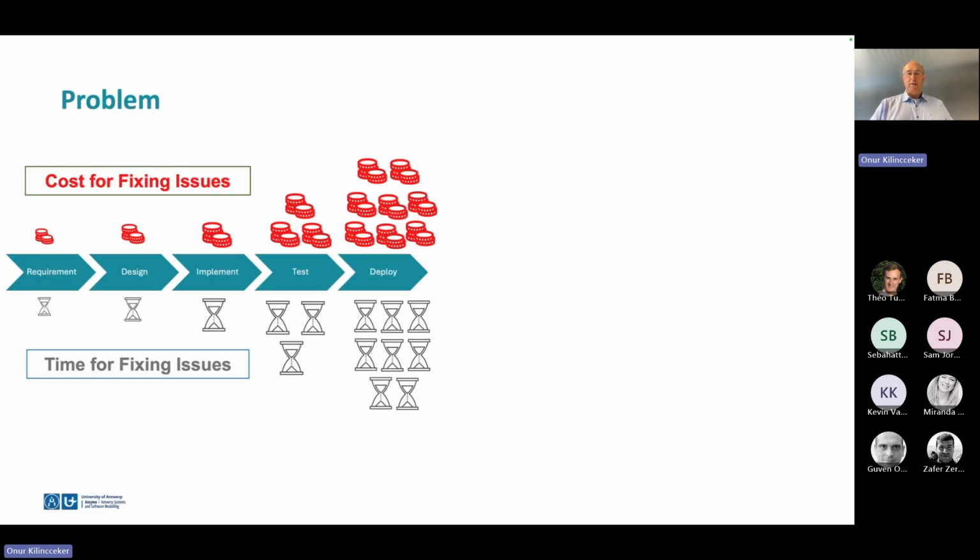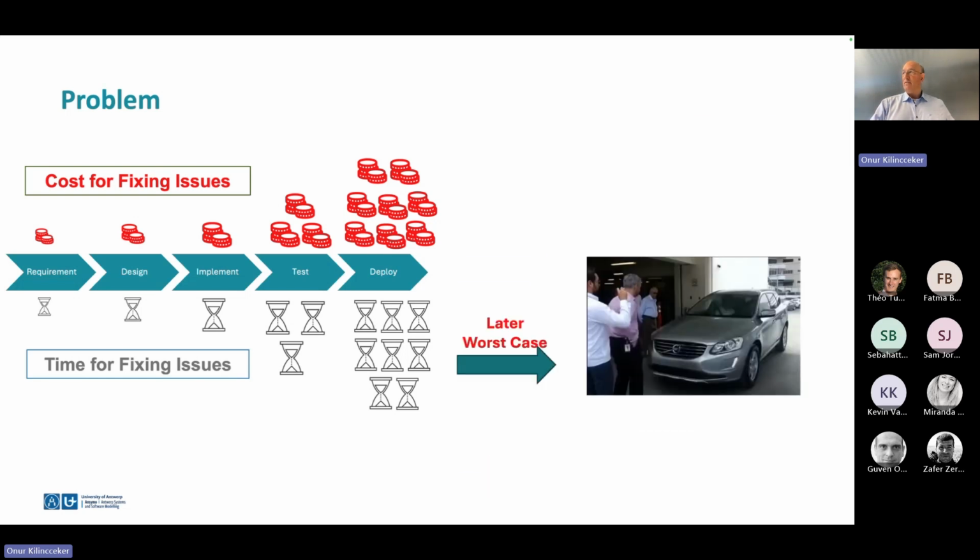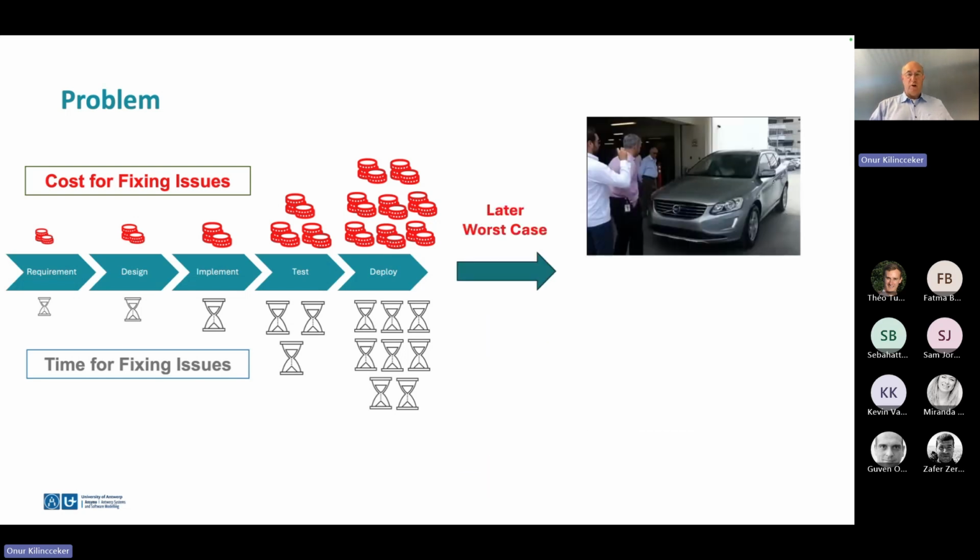This is important because we know from experience that the cost of fixing issues and the time for fixing issues increases exponentially the later you go in the development cycle or the higher you go in the V model. And so in that sense, you want to avoid that bugs, defects appear in production, because that's the worst that can happen. And there's a famous example of a Volvo car where there is a sensor, a camera, who was